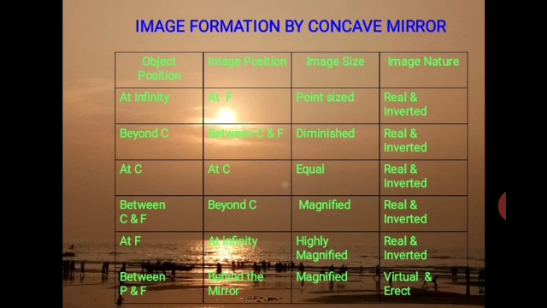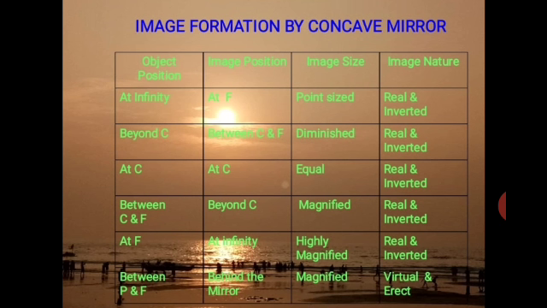One important point here is that when you are bringing the object from infinity closer to the mirror, you note that the image is moving away from the mirror. I repeat, when we are bringing the object from infinity closer to the mirror, the image is moving away. So, they go in the opposite direction. This you can see by looking at the table vertically downwards.